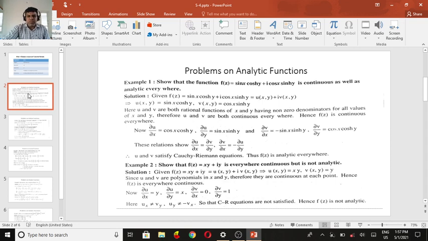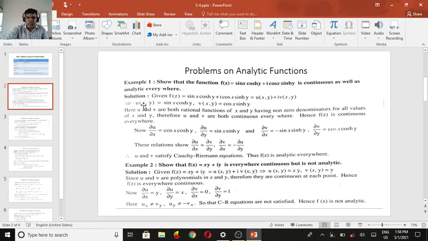Show that the function f of z equal to sin x cosh y plus i cos x sinh y is continuous as well as analytic everywhere. First we take the given f of z equal to sin x cosh y plus i cos x sinh y. We express this as u of x y plus i v of x y, where u of x y is the real part and v of x y is the imaginary part. So, separating real and imaginary terms,